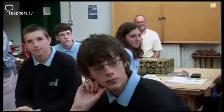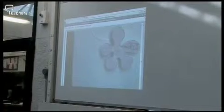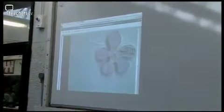The day begins with a demonstration of how the PDA work connects to a website that can be seen by the whole class. Let's have a look at someone else's. Let's close that down. Leanne, do you mind if I open yours? Some of the photographs are really quite clear when you get the lighting right and the angle right and the distance away from the object right. And as you can see,